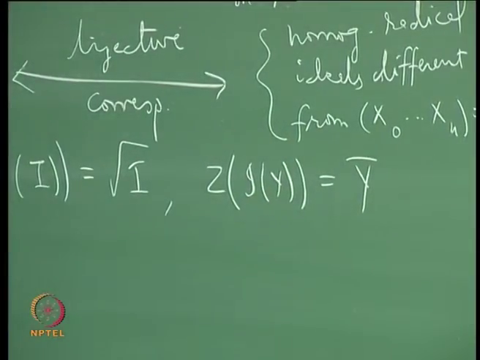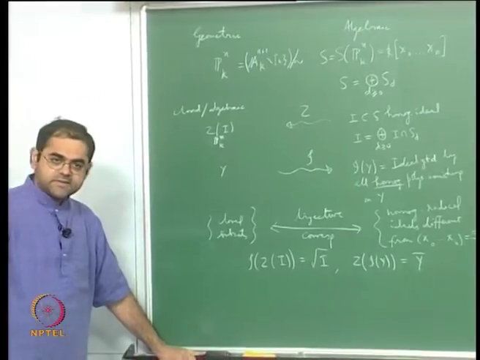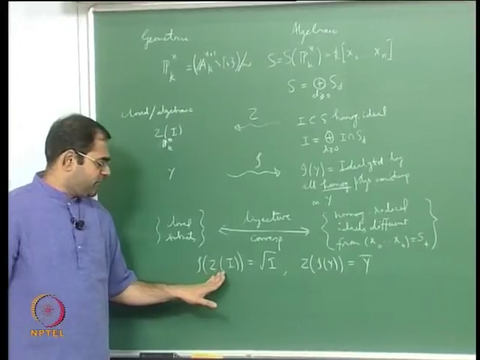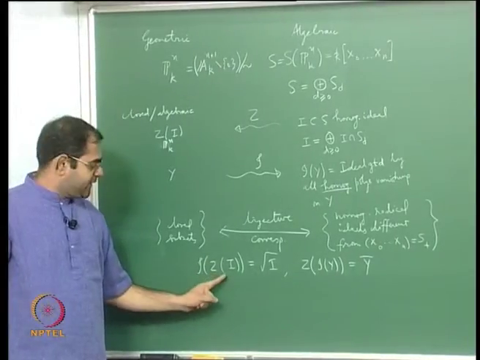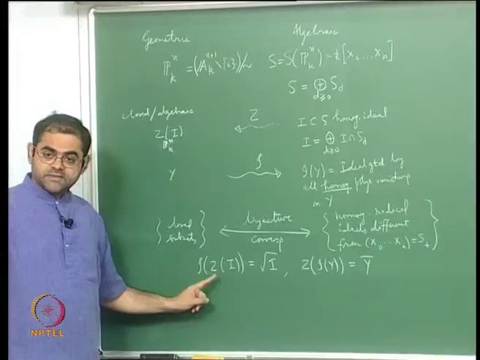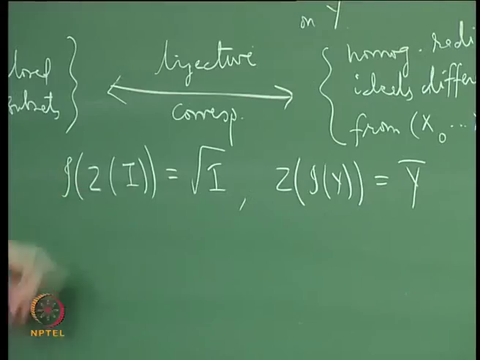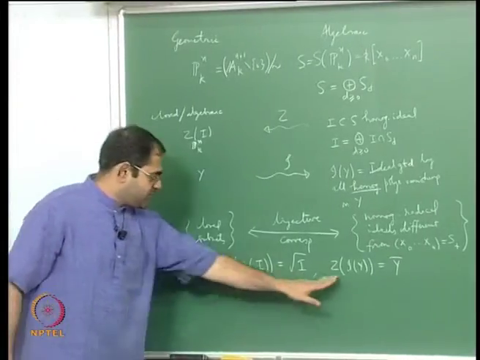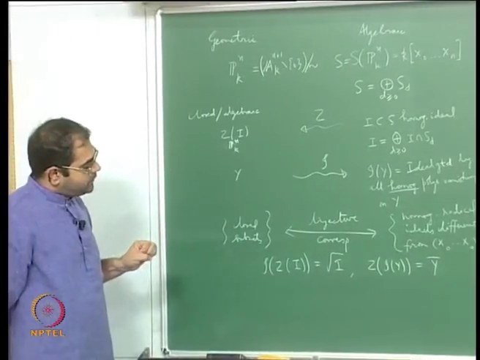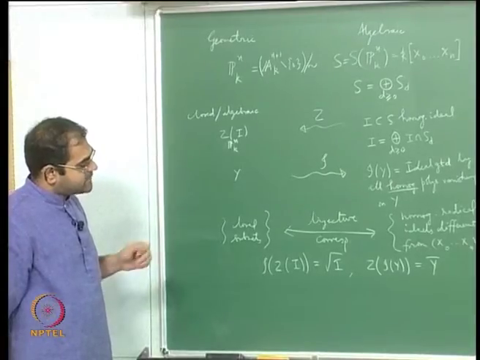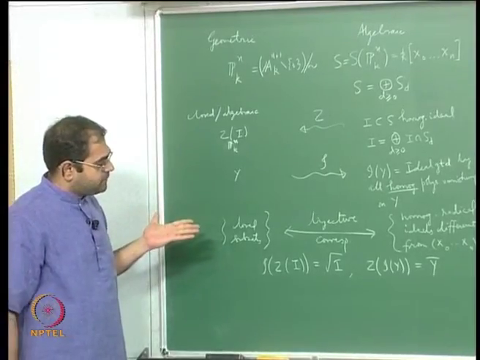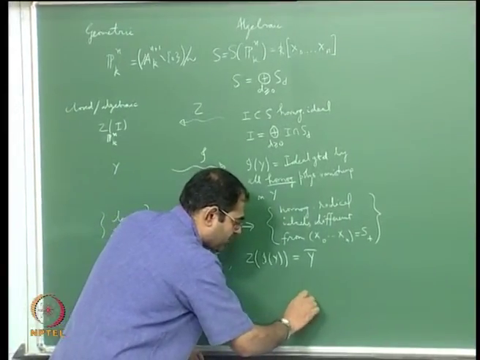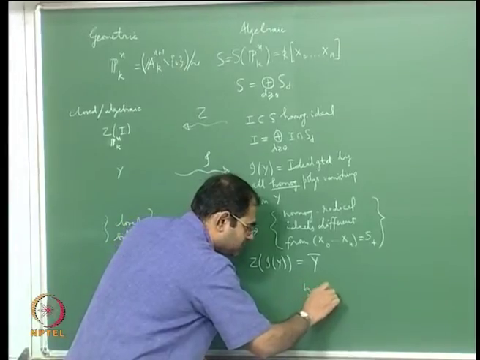These are all facts that we have in the affine case. Of course, in one direction this is trivial; the other direction is the so-called projective Nullstellensatz. So you have a projective version of the Nullstellensatz, and you have these two facts. And as in the affine case, you also have this fact that if you take prime ideals, homogeneous prime ideals,